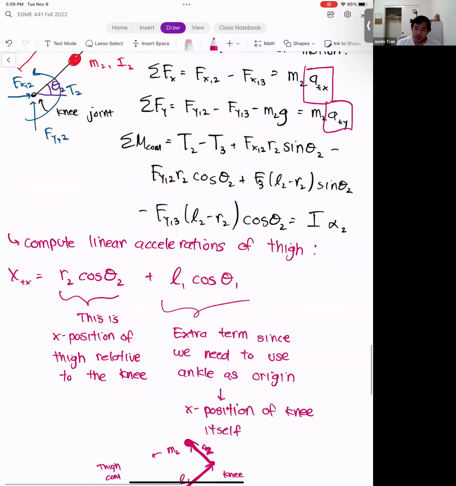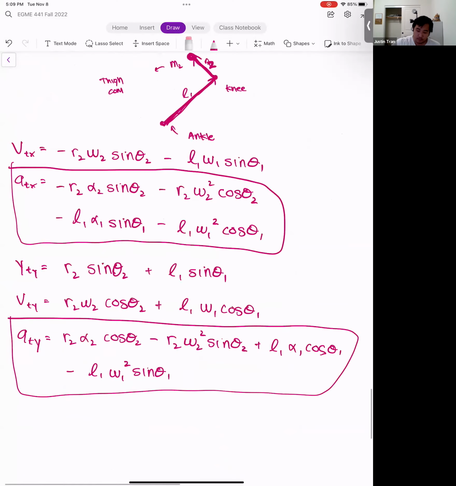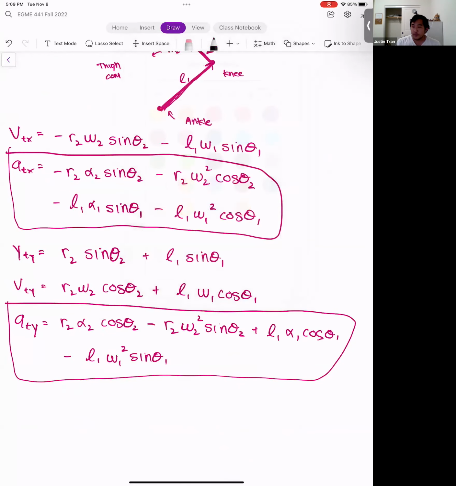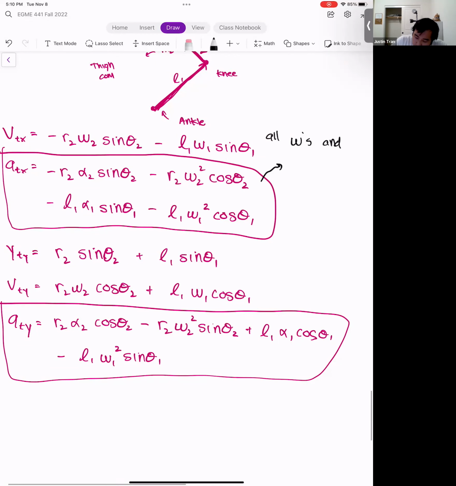And so just like the last time, you would take these expressions and plug them into the equation of motion that you see up here. Okay. All right. Any questions on this? Yeah, Professor. So when we plug these into the expressions above, are we saying that omega and alpha are known? Yes. That's a good question. So in these kinematics expressions, all omegas and alphas are known, because those are all part of the kinematics part.